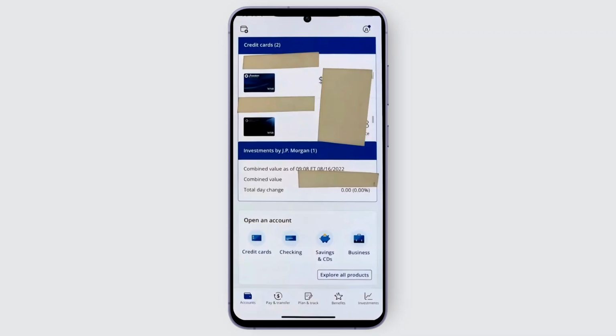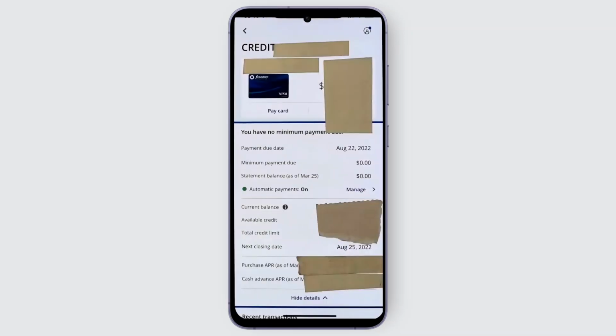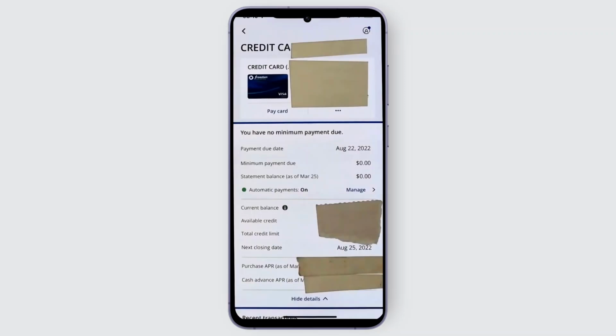Just tap on any one of the credit cards where you want to find your credit card number. Now, once you've tapped on it, you could just go ahead and see its information like your minimum payment, your current balance, and more. So if you tap on this little three dots right beside the credit card on top,